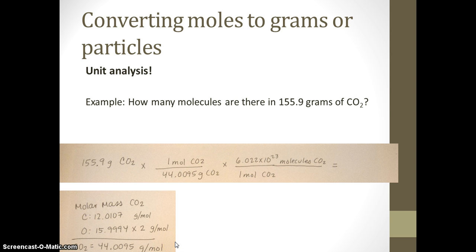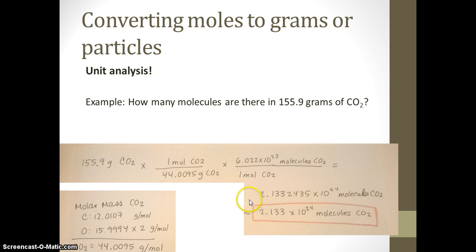Okay, so this is how to get the molar mass, and both of these numbers come from the atomic weight on the periodic table. So with my molar mass, I use it here to convert from grams to moles of carbon dioxide. Now see here that my units cancel, grams of carbon dioxide, and then I have to convert the moles to molecules of carbon dioxide. So I will use 1 mole of carbon dioxide has Avogadro's number of molecules of carbon dioxide. So here again, I multiply this number times Avogadro's number divided by the molar mass, and my answer will be